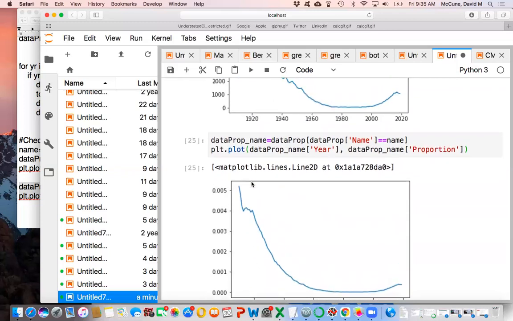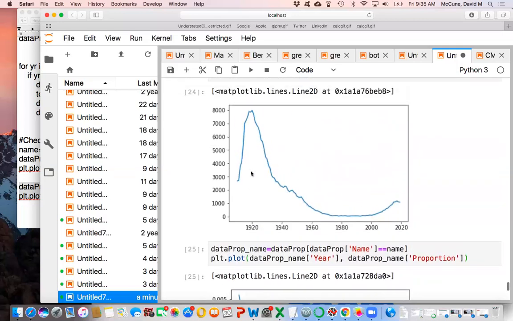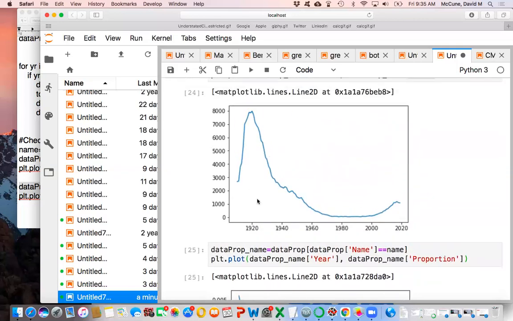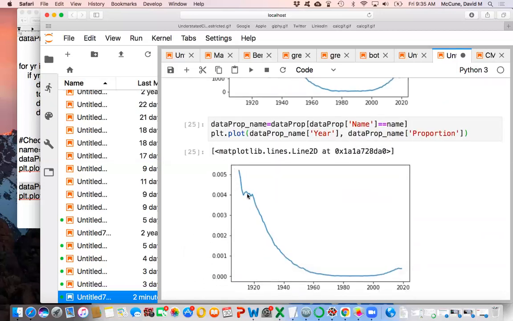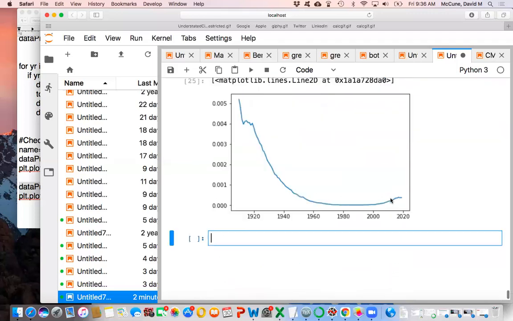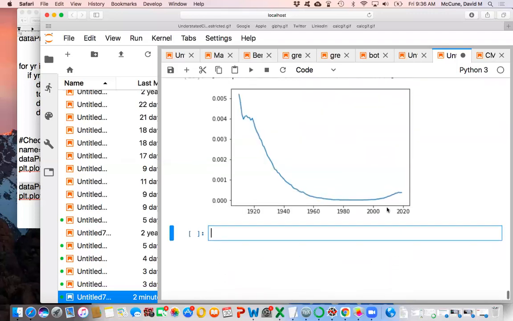Now, if the number of babies born every year was always the same, this plot would be fine to look at always. But again, through all these years of the data, and in particular from the start through like 1980 or something, the birth rate is really high, and increasing. So more and more babies being born every single year means that even though there are more Lucille's in raw number terms, as a fraction of the baby names being given out, Lucille was actually decreasing this whole time. Although it did pick back up around like 2010 or something. So you can see that pick up right there. As a fraction also it picks back up.